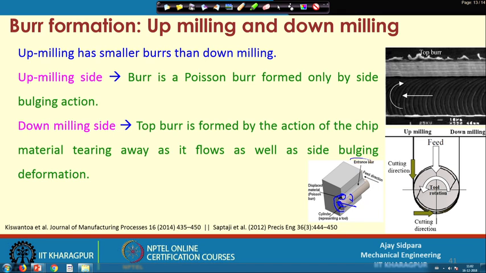That is called the entrance burr at this location, and this cylinder represents the cutting tool. The same thing is happening in this particular case. Whatever material is removed from this location will be accumulated onto this side, and because of that you end up with some type of poisson burr. And if you see the down milling,